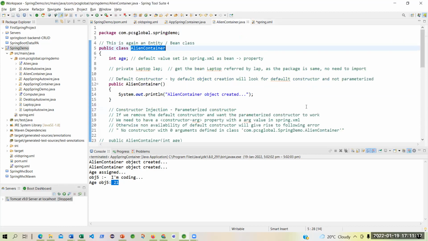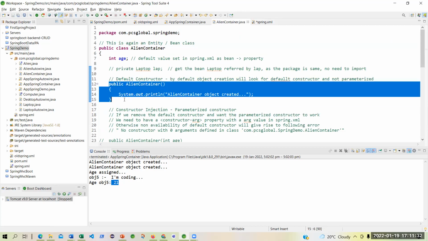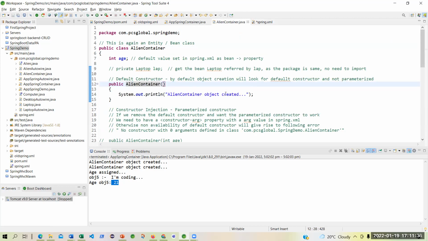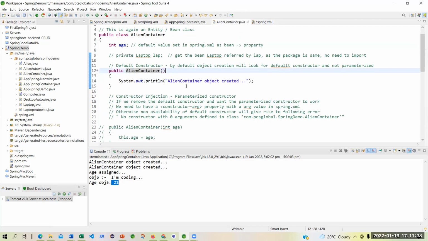Let's see, if there is no constructor defined, this is a default constructor. I cannot have any parameter. But this default constructor is needed for Spring Framework to create the object. We are not creating it, but we have to give a default constructor. You might not give anything within the body, it can be empty, but it still works.